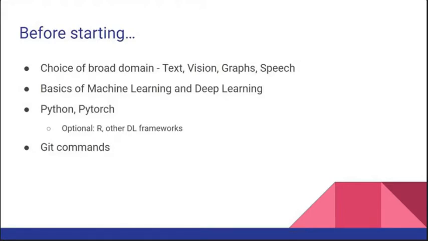Okay. So let us consider first that we are working on a machine learning based research project. So what do we need to start first of all? First you have to choose a domain. When you are talking about a research article or a research project as a whole, there are many components to it. One thing that you have to learn is that it has to be somewhat focused,